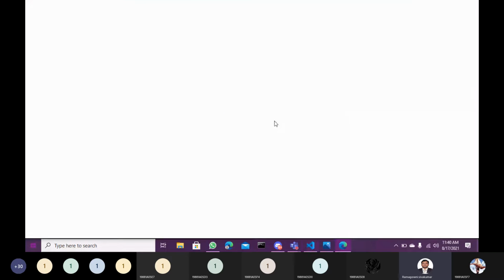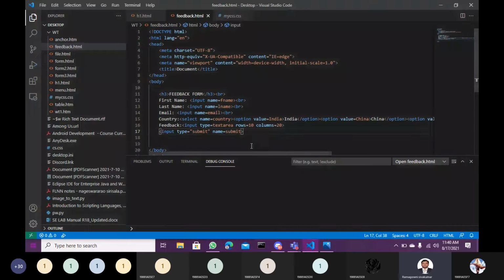Instead of using a submit button, you can use an image, input type image,